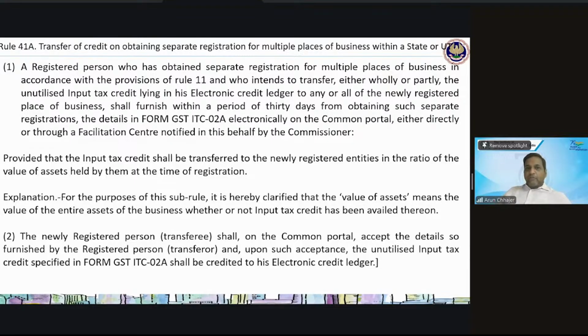A registered person who has obtained separate registration for multiple places of business in accordance with rule 11. So there was an amendment in rule 11 to this effect, and who intends to transfer either fully or partly the unutilized ITC lying in the credit ledger to any or all of the new registered places of business. So, Mr. A